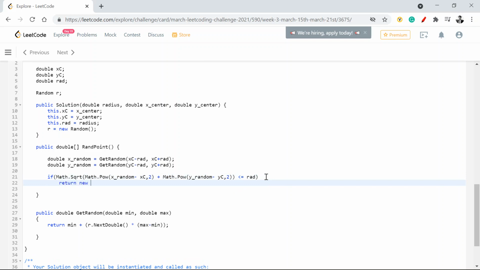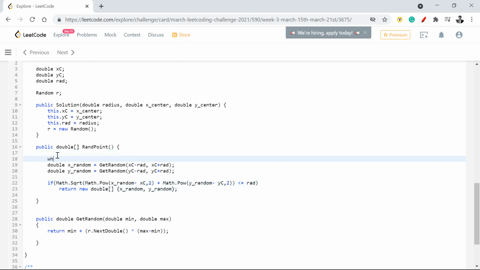So I can just return new double x random comma y random. But there's a catch here, right? What if this is not right? So I need to iterate this step until this turns out to be true.